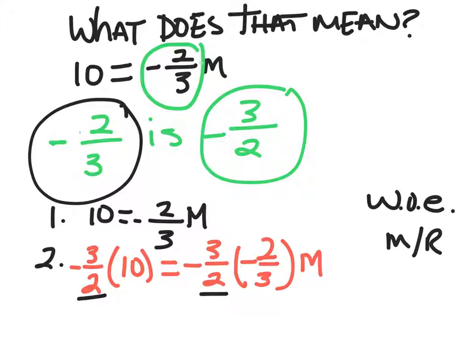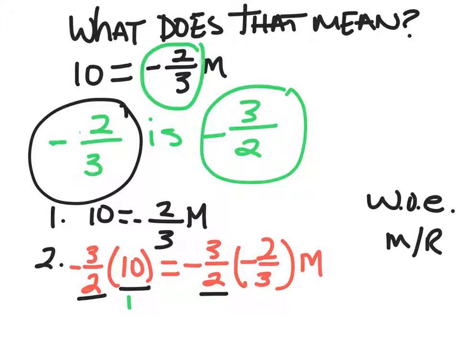We multiply both sides, and now we simply solve. So I'm kind of out of space here, but I'm just going to do this right here. So I can multiply this out, and I would get